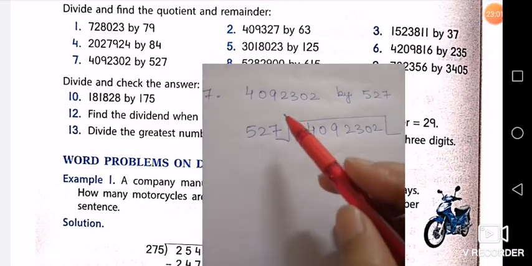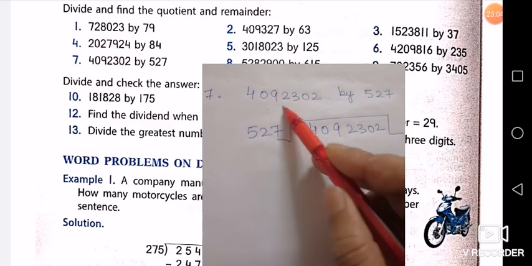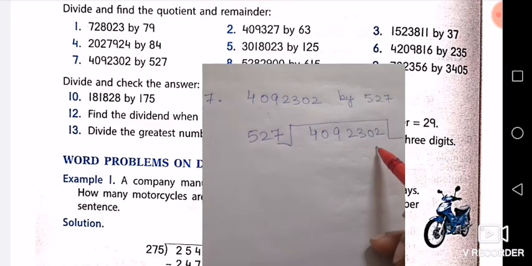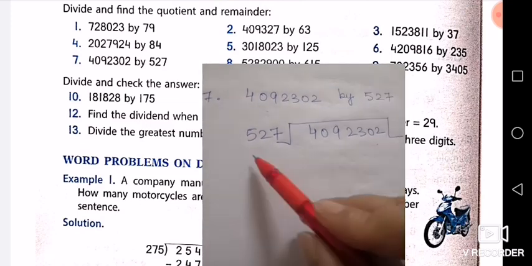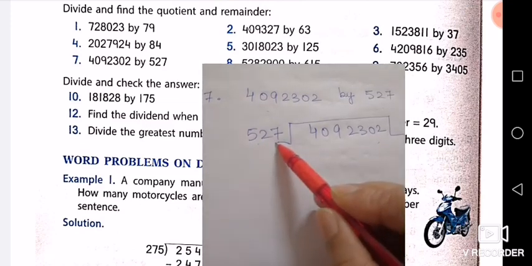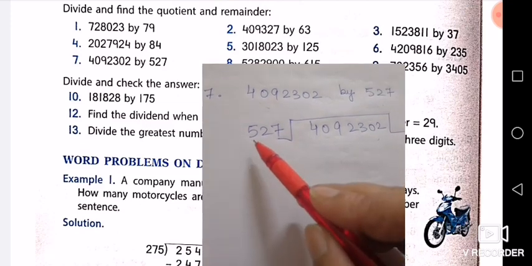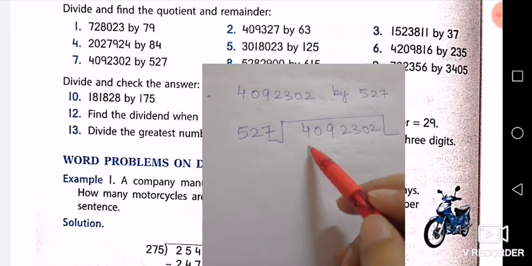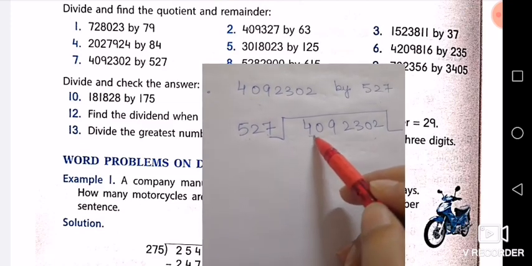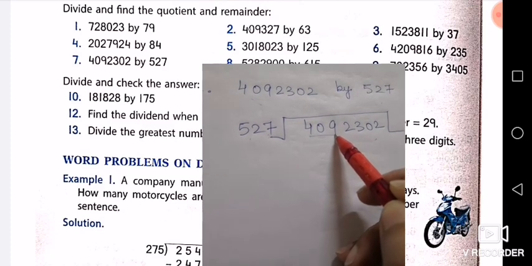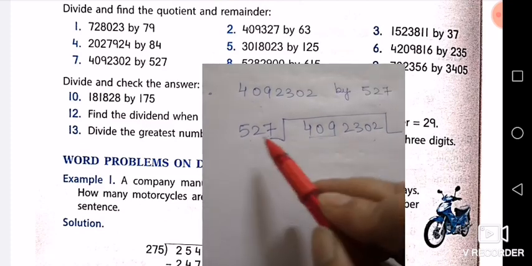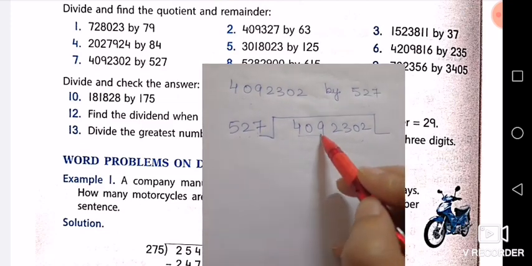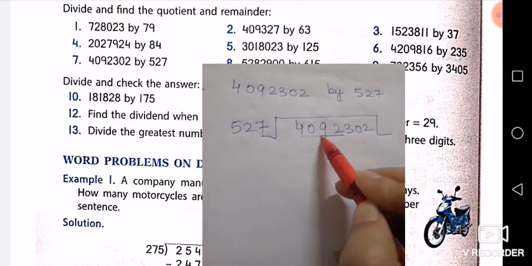Now question number 7 is this. This number is going to be divided by 527. Now this number will become your dividend and 527 will become your divisor. As you can see, this 527 is a 3-digit number. From the dividend you are going to see the first 3 places, that is 409. Now 409 is smaller than 527. So what are you going to do? We are going to take 4 places, that is